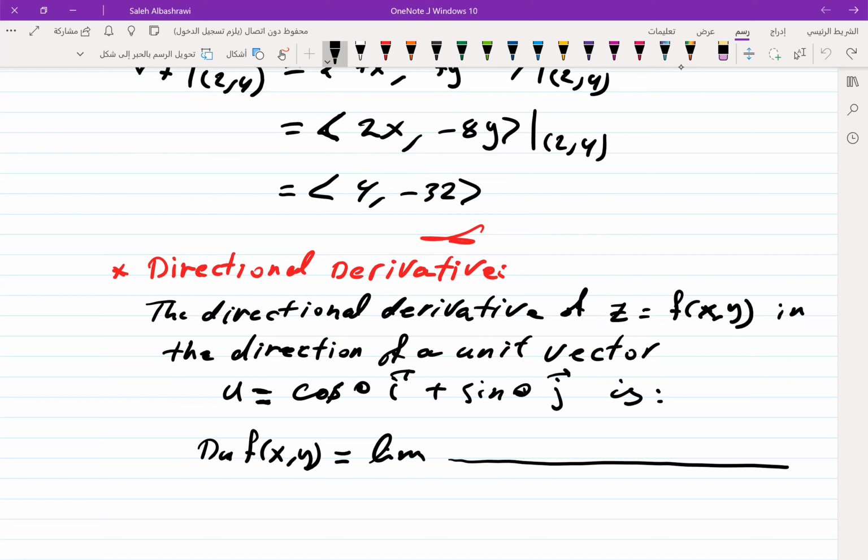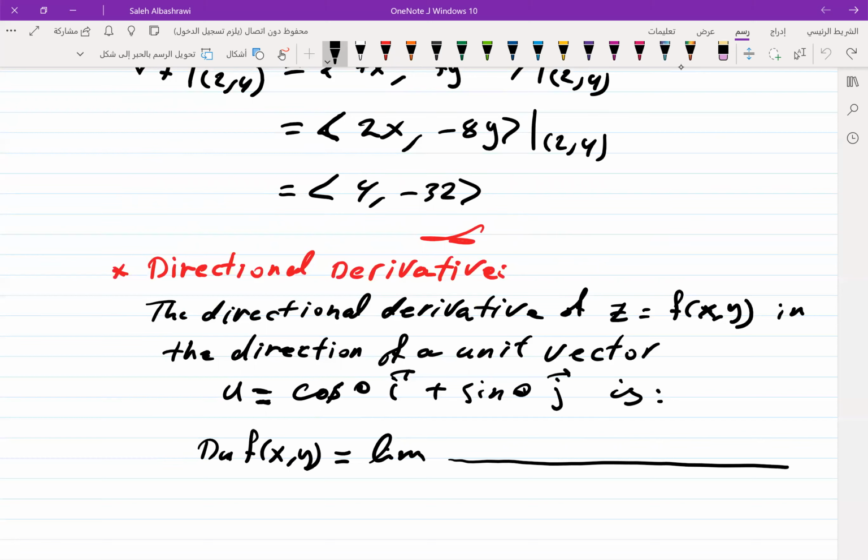We know that the meaning of the derivative is rate of change. So when we say directional derivative, we are looking for the rate of change in some direction. We will be given a direction in which we need to check the rate of change of the scalar function, like a moving particle or whatever the function is. It has some rate of change in different directions. When we change the direction, the rate of change will change also. So at a specific direction, we need to find the rate of change, and that's what we mean by directional